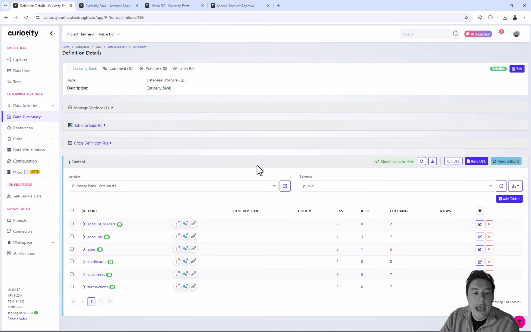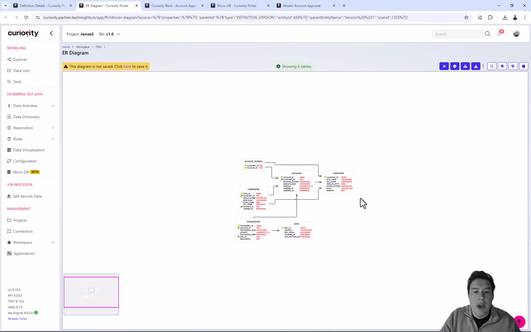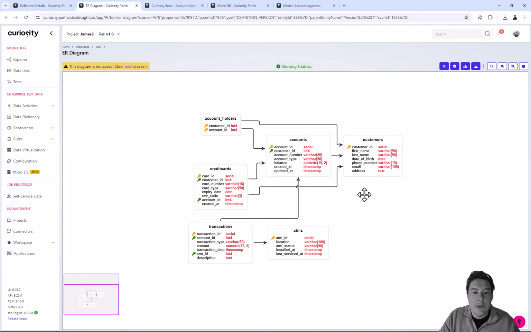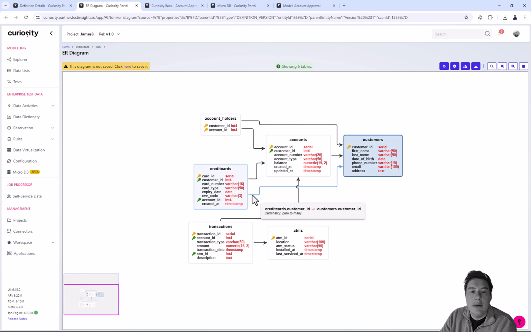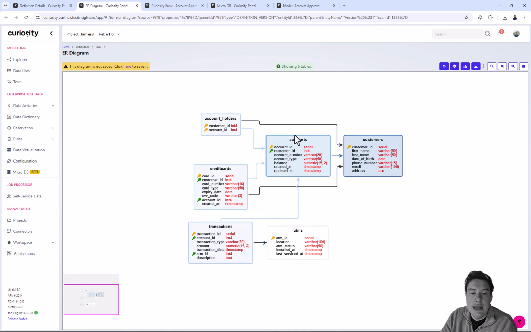Okay, so we are in enterprise test data, and here we are looking at a database in Postgres we have for a banking system. And what we'll see is that we've got various tables. We can come in here and we can view an entity relationship diagram, give us a better overview. And what we'll see is that we've got 6 tables here. We have credit cards, accounts, customers, account holders, transactions, and we also have ATM machines, which are linked to the